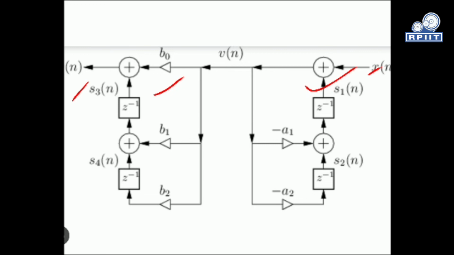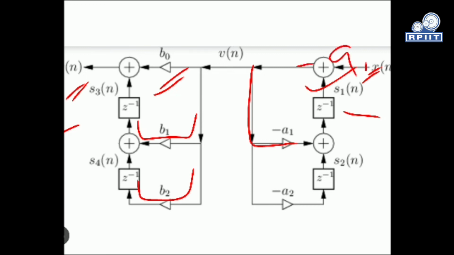In direct form 1 structure, we have the input on the left side and output on the right side, but in direct form 2 structure, input on the right side and output on the left side. So that is the reciprocal of direct form 1. The other factors will be the same: b0 constant, then b1 Z inverse with summation, b2 Z minus 2 will be there, and similarly we have minus a1 Z minus 1, minus a2 Z minus 2, and so on. Finally we add this signal and we get this y(n).